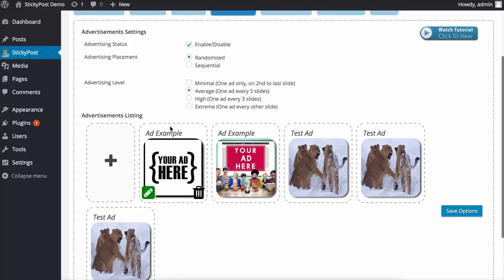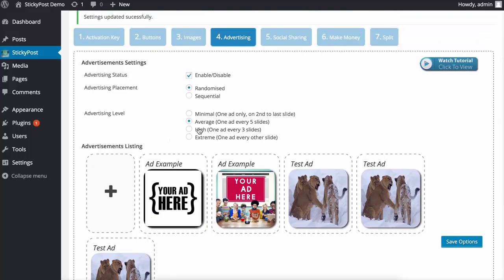Next up is the advertising that you've seen, a bunch of different ads that we created that you can implement inside of your slide. And you only see one advertisement because I have it set on one ad every 5 slides. We can actually change the advertising level. We can have it on one ad, period. We can have it on one ad every 5 slides, one ad every 3 slides, or one ad every other slide. So you can adjust this to show however many ads that you would like,